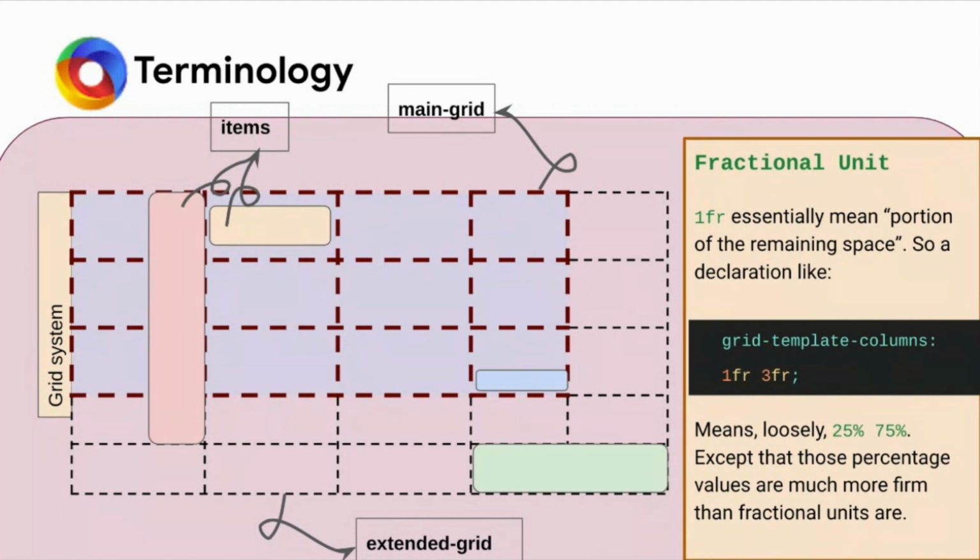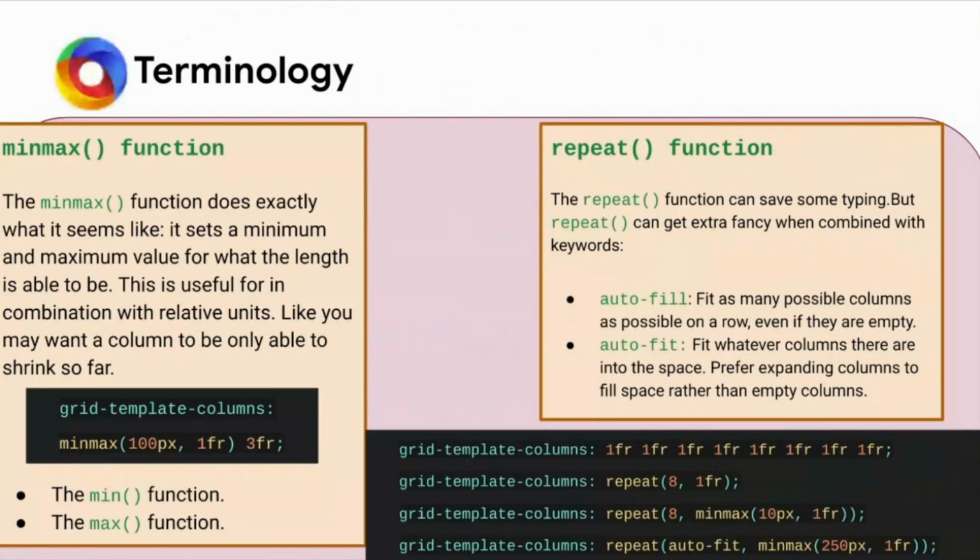Grid computes fractional units better than any other unit. You can also use pixels and so on, but fractional units are most expected in the grid because the core system of the grid mostly works with the fractional unit. We can see later on what grid-template-columns and other things are. Now, the basic thing is we should understand the explicit or main grid system and the extended grid system, that is the implicit grid. Those two are the major things when we are making the grid. Firstly, we create the grid, and then we can allot the items accordingly.